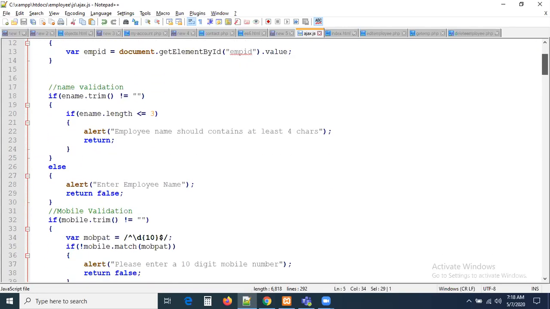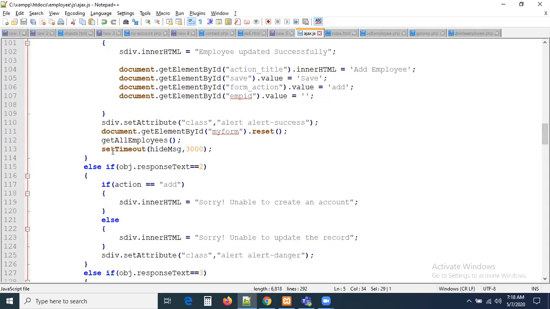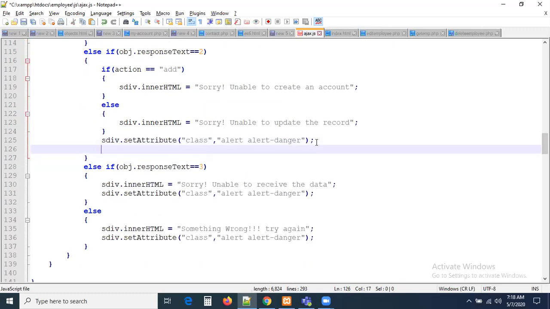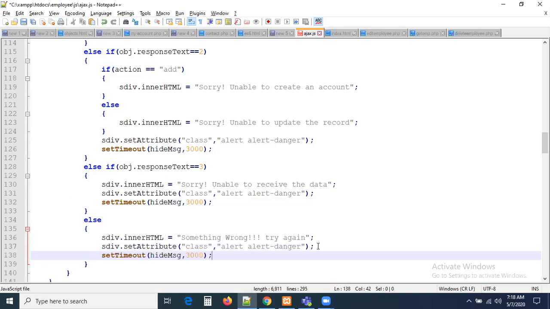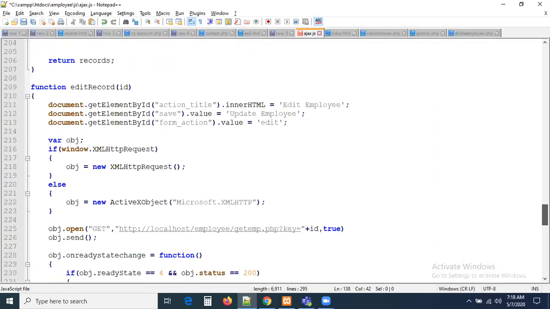Now just come down, and we are calling the method here. Wherever you are displaying the messages, just go there and write it, because all these messages are going to display in this sdiv only. Let me keep this here also. Then what is going to happen? Whatever the success message or error message it may be, after displaying, it has to hide after 3 seconds automatically. In the same manner, let us go for this action also.